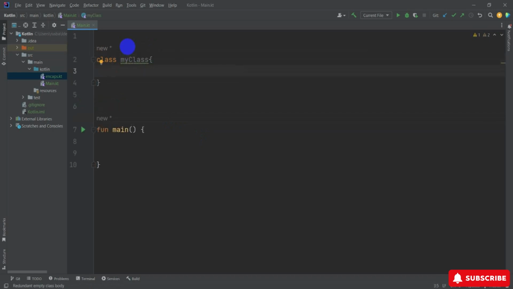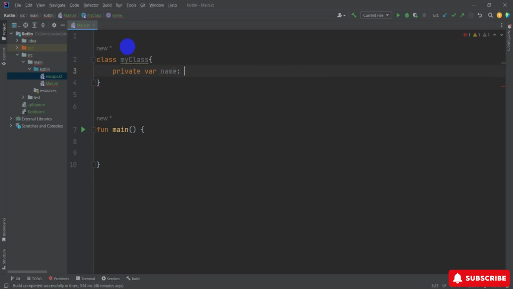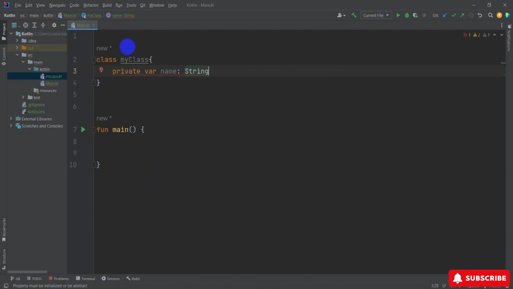Inside this, I create the properties, the data members. First I type private var for the name, which is a string, and the string value, suppose it's Kotlin programming